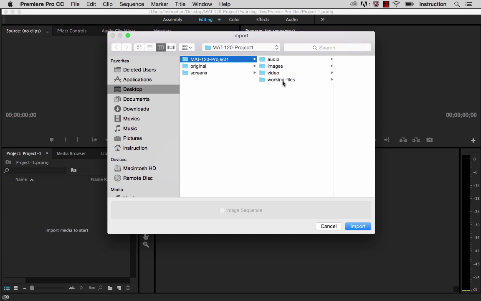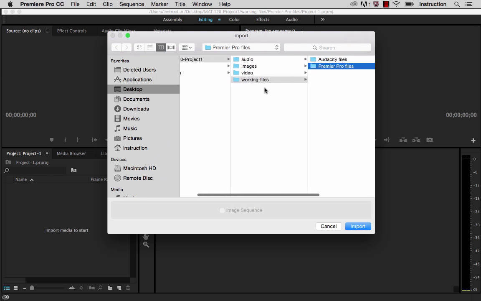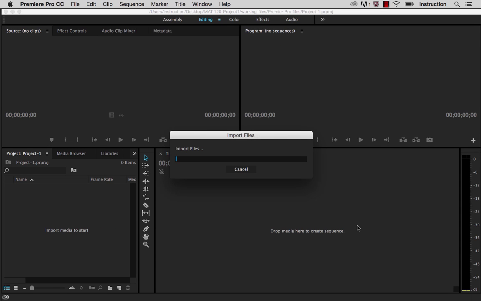Now, one of the things I want you to notice is that we have this working files folder that has all these Audacity files. Well, Premiere's not going to know what to do with those Audacity files, and nor is it going to be able to import itself. So it's going to give us an error, but you can just bypass the error, so it doesn't really matter. So I'm going to say import,